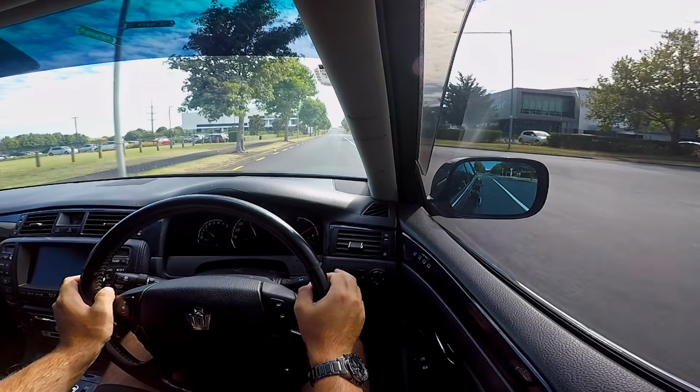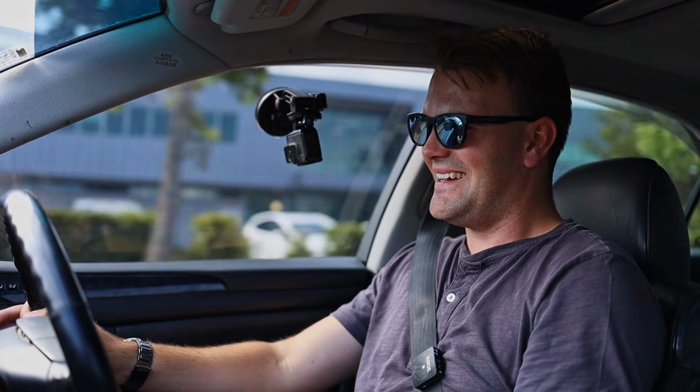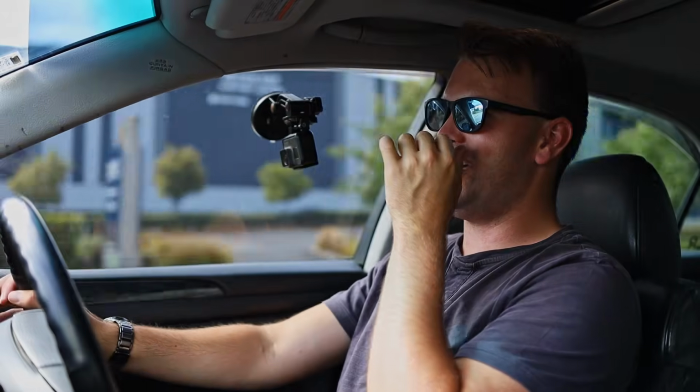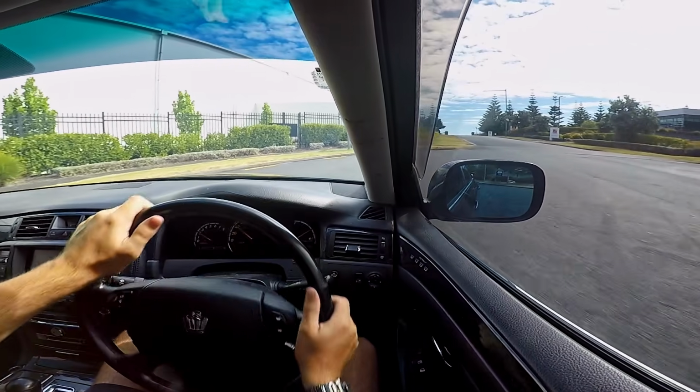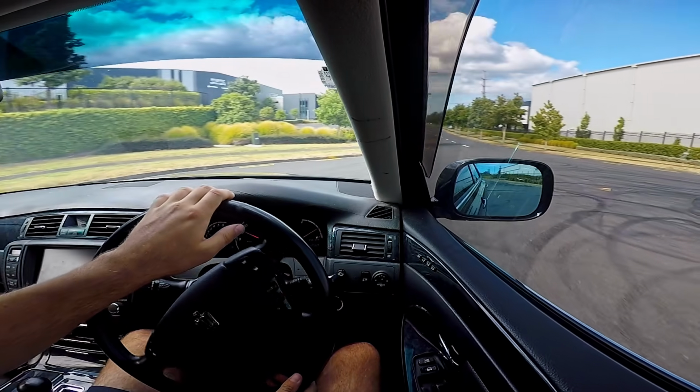Holy hang, this thing's quick, eh? And it sounds so much better than the VQ. Oh, transmission's not great, but that's a much nicer noise, man. Way nicer noise. Now, the problem with this car is that it might be an athlete in terms of straight